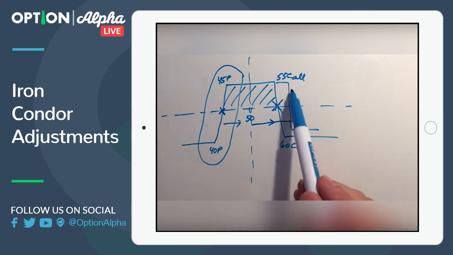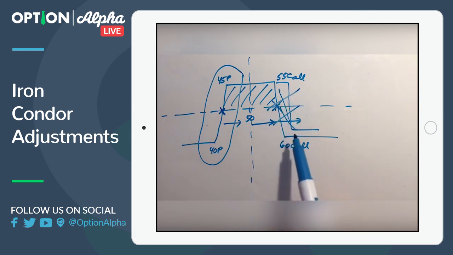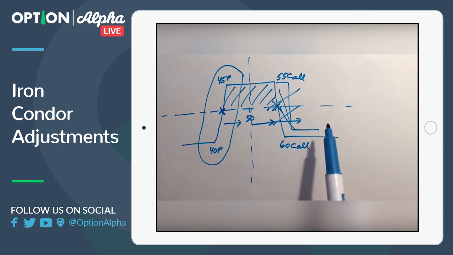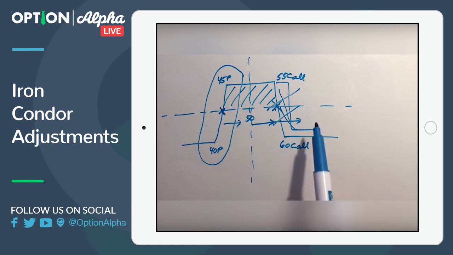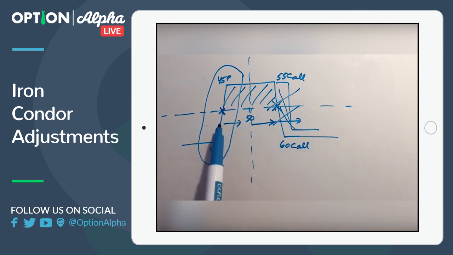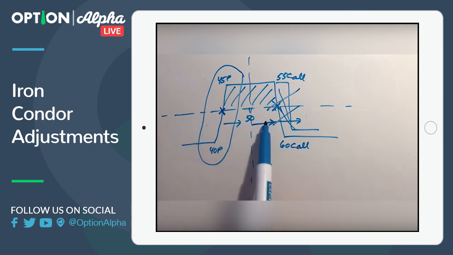So again, what you want to do is you don't want to touch this side, right? So leave that side alone. If it's going to go bad, it's going to go bad, right? You don't want to dig yourself a little bit deeper. You want to move your put spread side closer to where the calls are. So let me just redraw this here for a second,